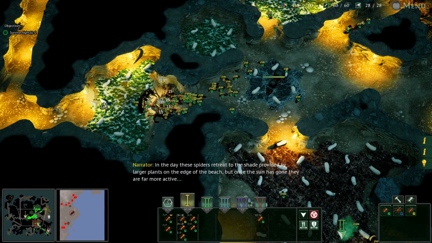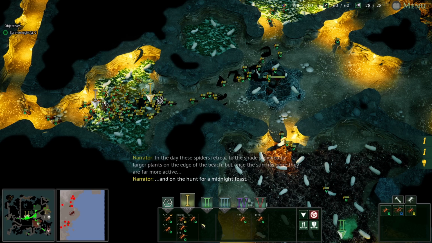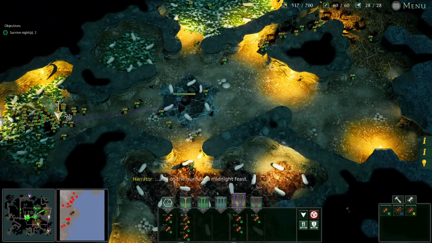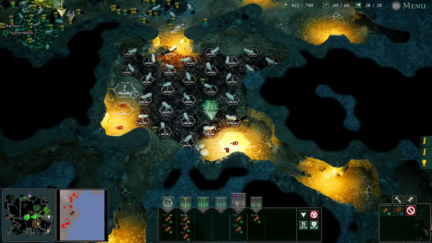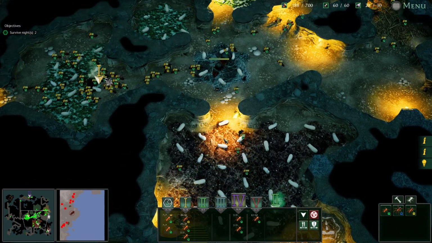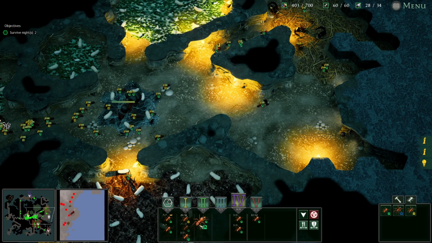Right, so that is all of that done and dusted. So let's make a second gather group. Send them up there. We have lots of food we can be spending. So let's spend away. Right, and then let's...